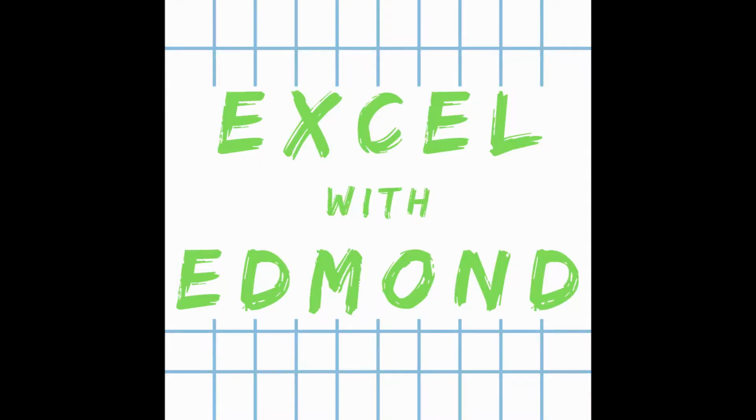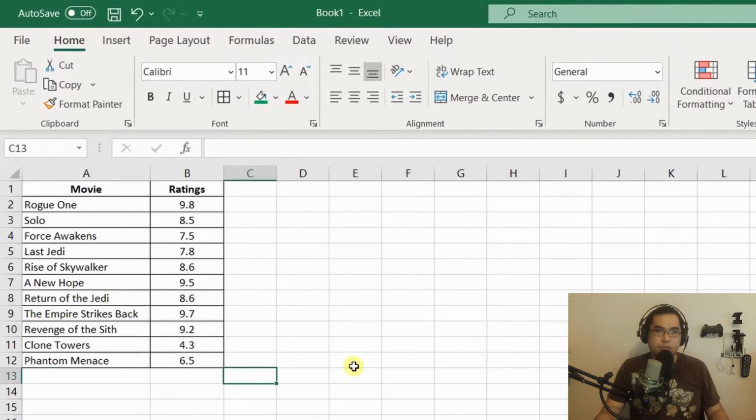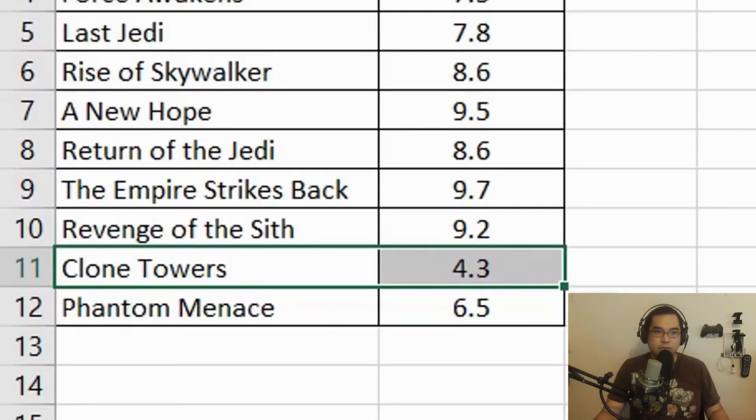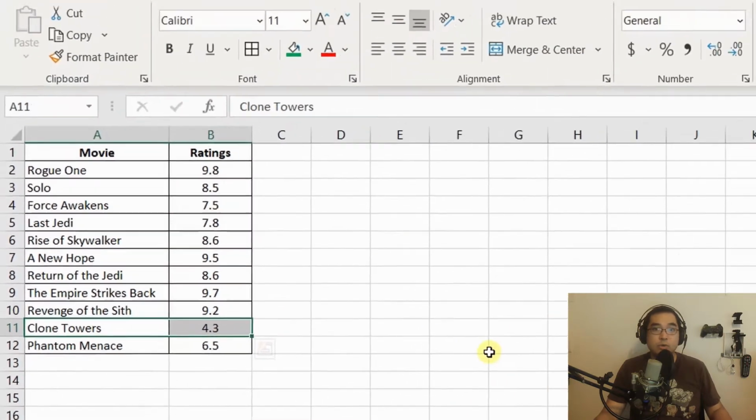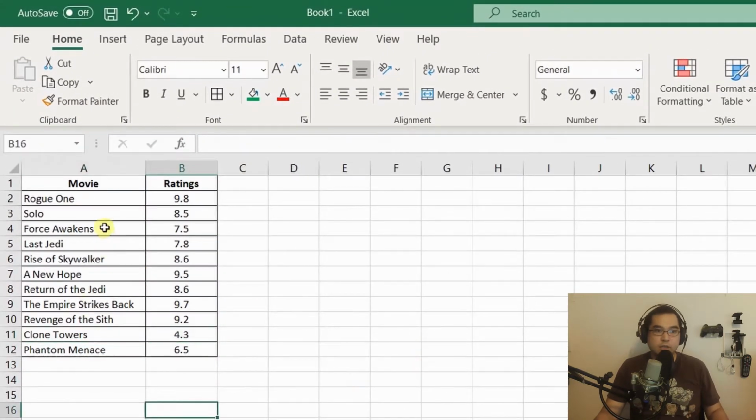Let's take a look at conditional formatting. I created a chart of movies and ratings. I actually forgot the name of this one and I didn't want to look it up, so Clone Towers it is. On this left side you have a list of movies and on the right side you have a list of the ratings. There are so many ways to use conditional formatting, but I just wanted to provide a